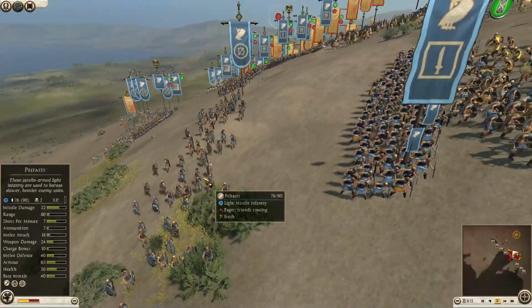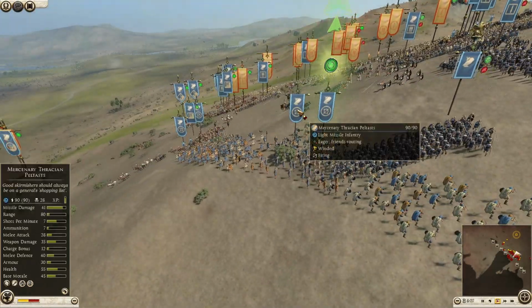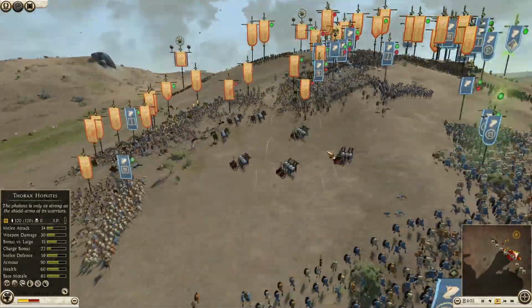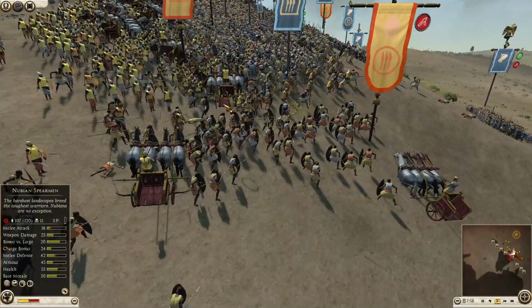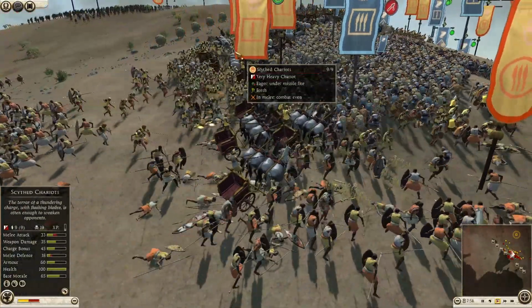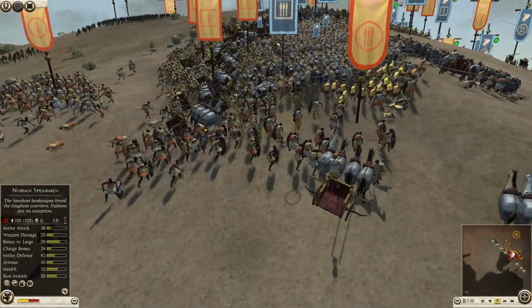They still have a lot of units back here. They have some Peltis already starting to throw some more. We got some mercenary Peltis and some light Peltis. So, like I said, don't count them out yet. And ooh, you're seeing some very nice flanking fire coming down right here from these Peltis. And look at the amount of friendly fire these chariots are doing. Oh my goodness. But yeah, look at these light Peltis just...